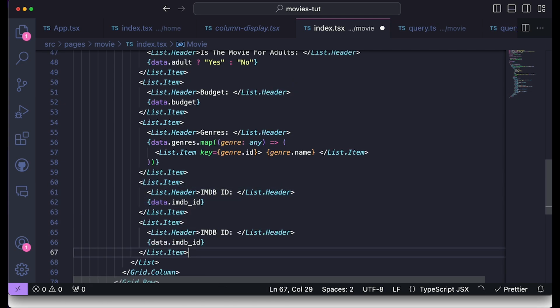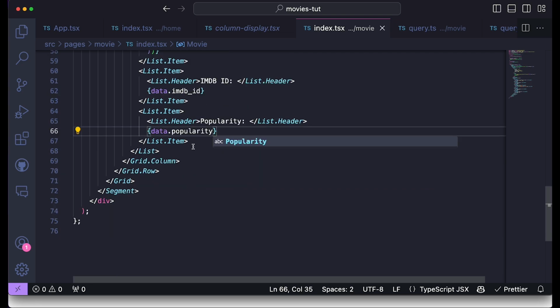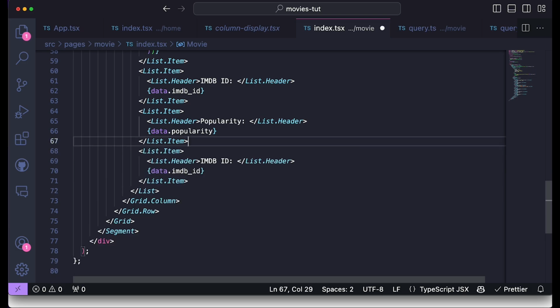Then let's do it again, and let's do popularity. So I'll put popularity. This is again, I think, just how popular the movie is. Then production companies. This one is actually kind of cool. It's again an array, so I want to do it like this. I want to say production companies,